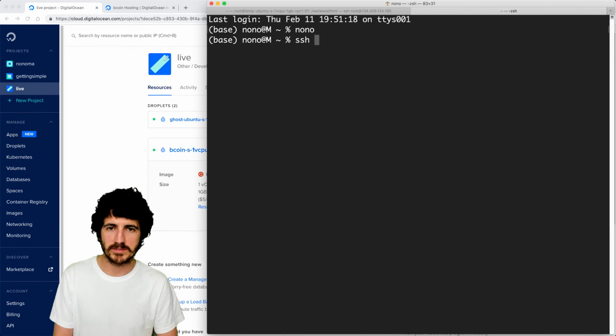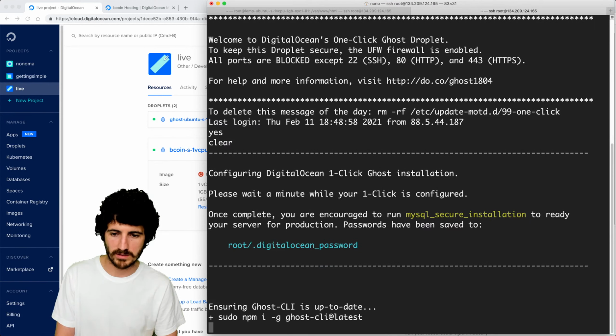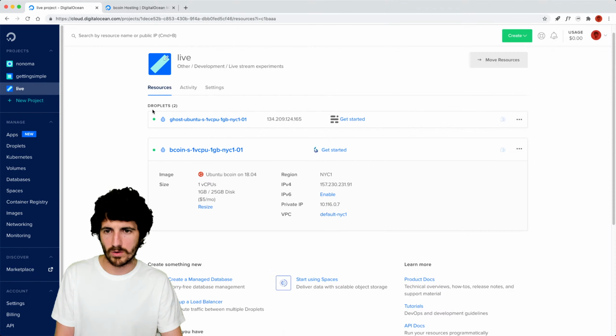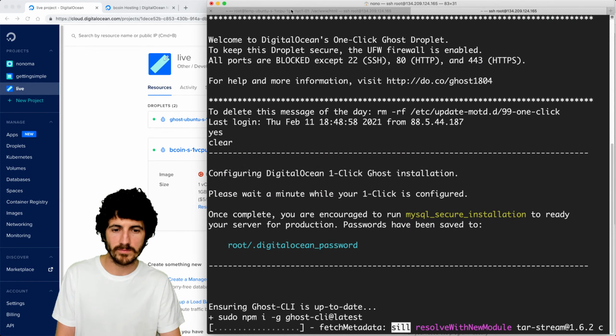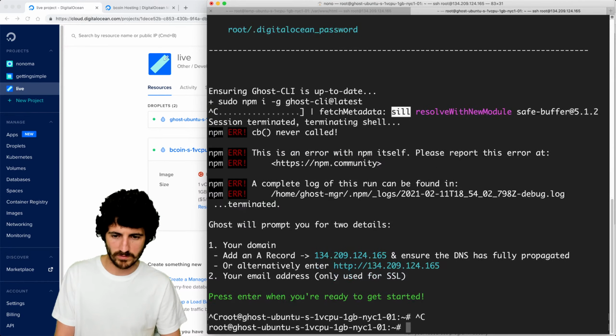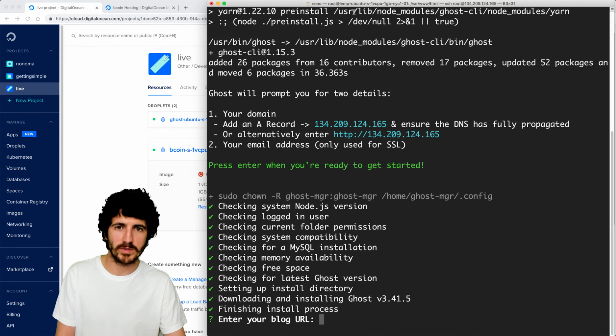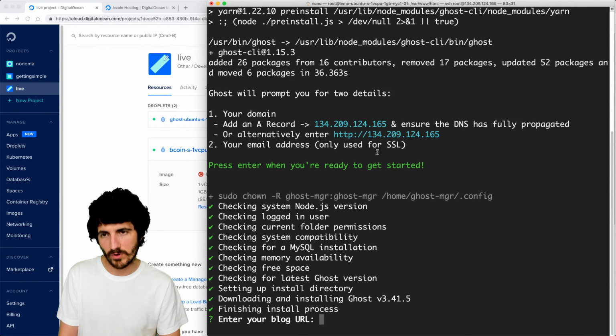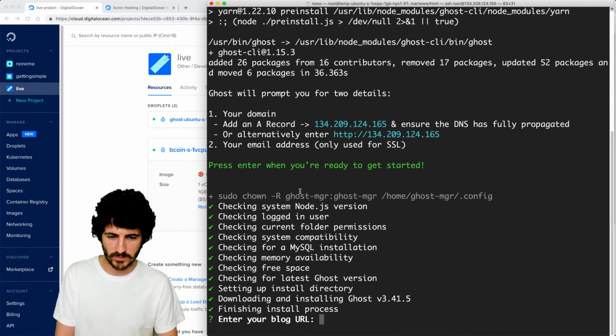So SSH root at this, we say yes. And this is Ghost, this is not the other one. Right, so this we're gonna close because I opened the Ghost one. Blog URL, no blog URL.